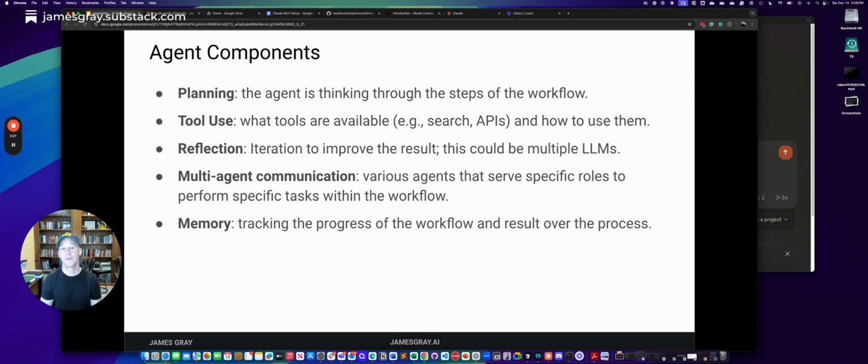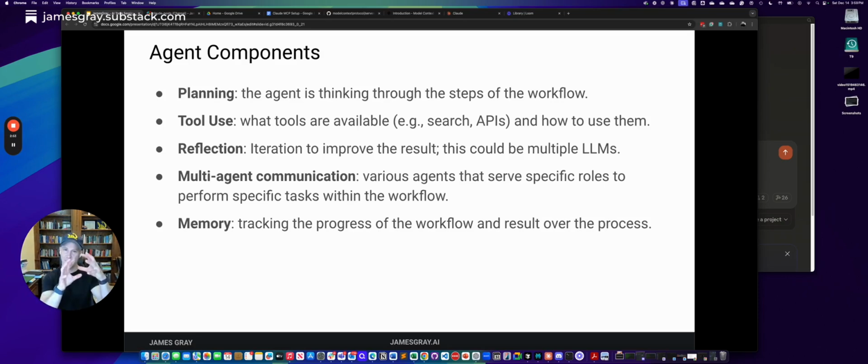Just think of reflection as iteration. It may actually use multiple LLMs to deliver on that outcome. Then I want you to think about agents not as one thing, but generally as a network of agents working together and collaborating to achieve some outcome.